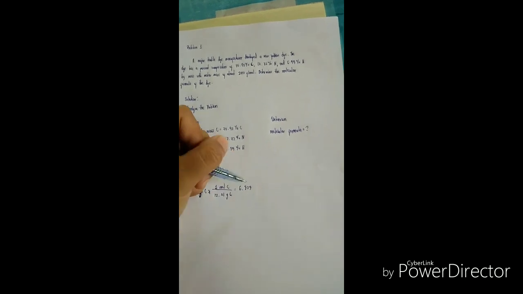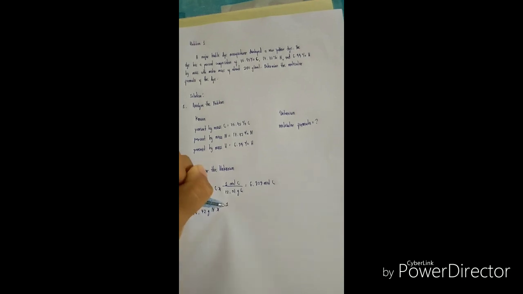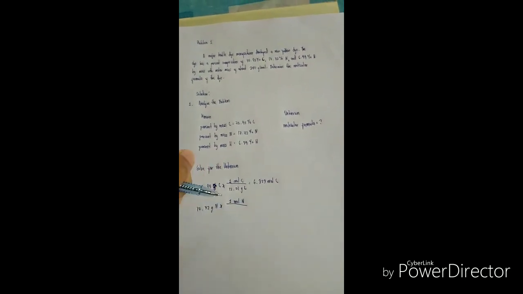So for number 2, solve for the unknown. I use the percents by mass as masses in grams and convert grams to moles by using a conversion factor, the inverse of molar mass that relates moles to mass. So 75.95 gram of carbon times 1 mole over 12.1 gram of carbon is equal to 6.323 mole carbon. Then 17.72 gram nitrogen times 1 mole nitrogen over 14 gram nitrogen equals